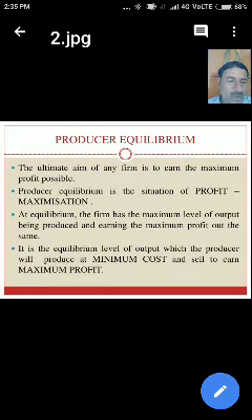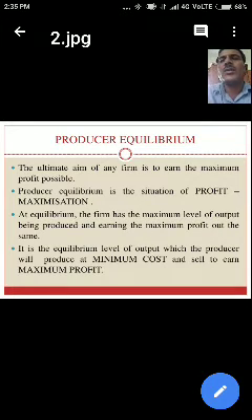Producer equilibrium: how to get it within the limited income of the producer? With the isoproduct curve, a producer can choose an optimum factor combination. Optimum factor combination refers to the combination of factors of production which produces output at minimum cost. Where the cost is minimum, the profit will be maximum.